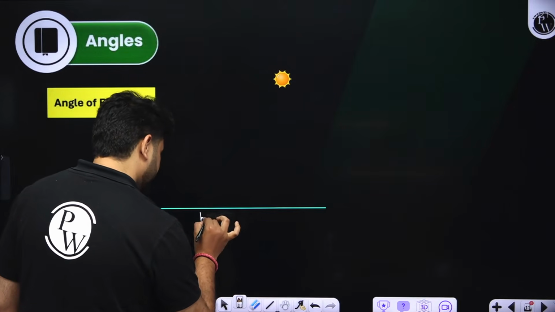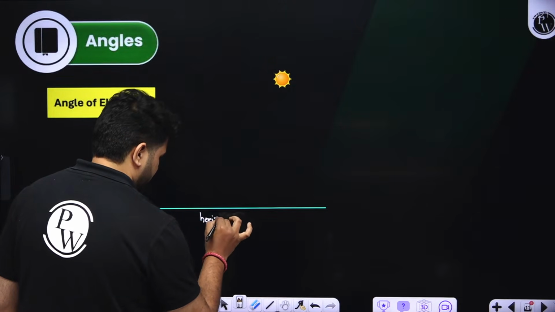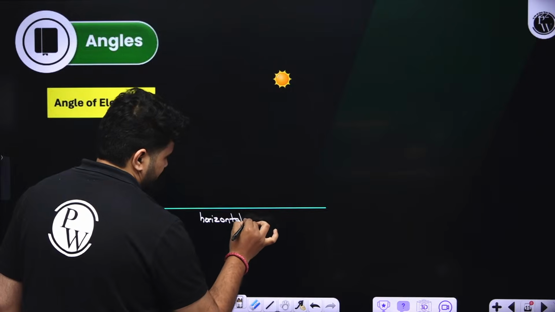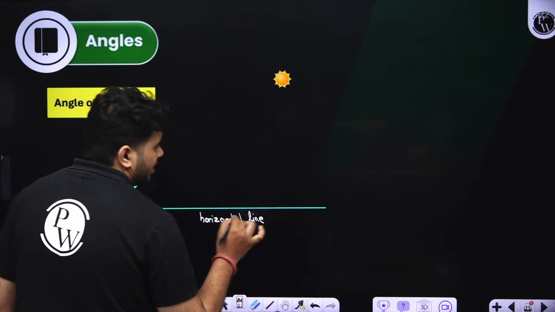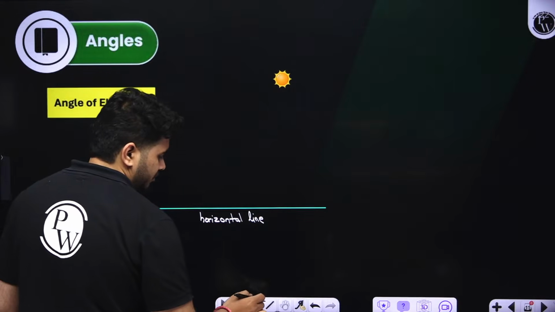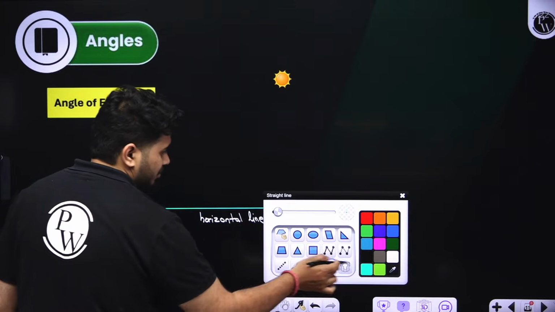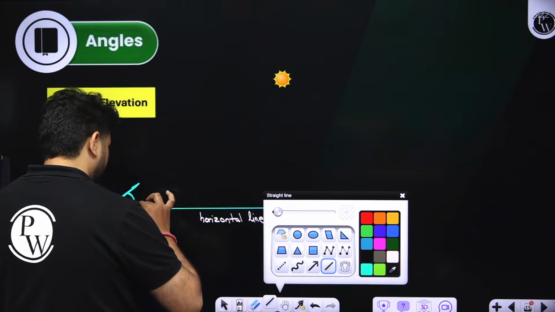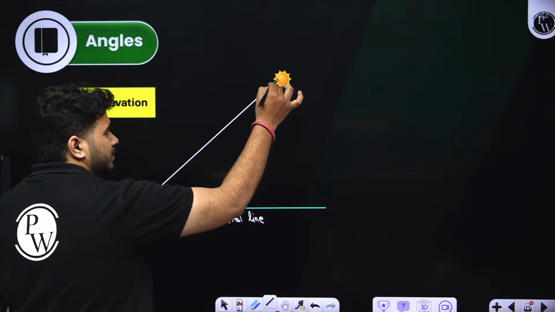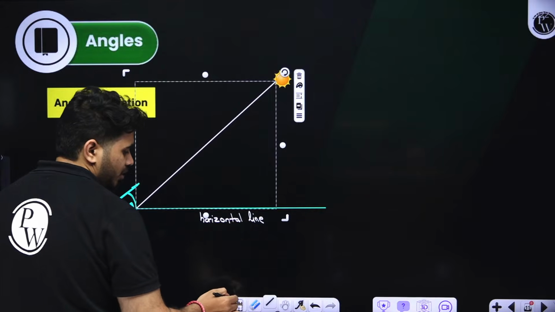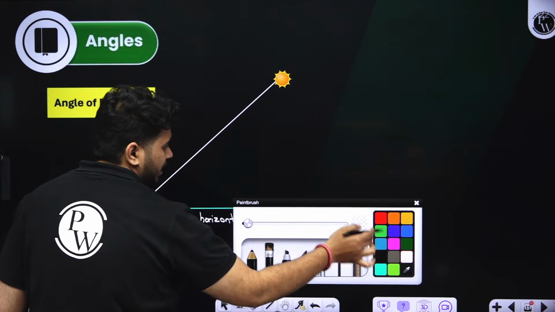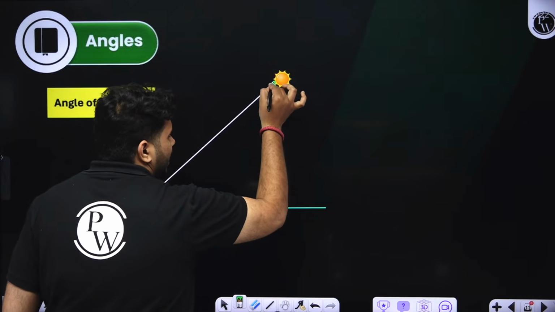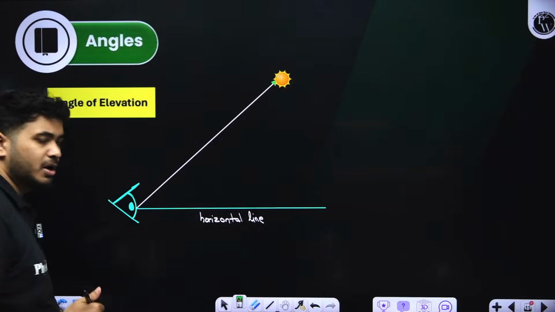Horizontal line or reference line. Now if there is an object over here, and he is observing this object through a certain angle, then whatever this angle is, which is above the horizontal line,